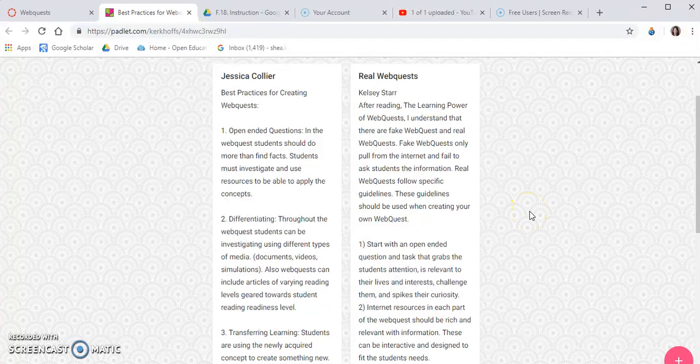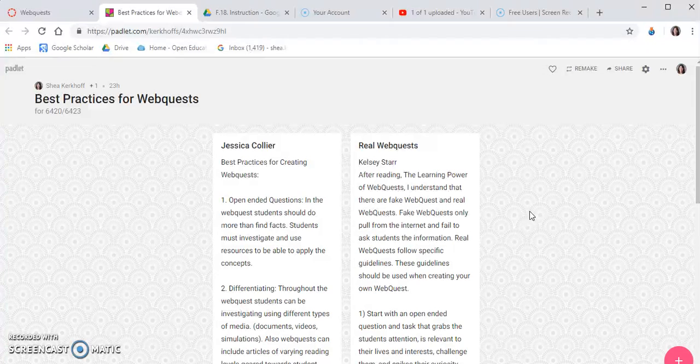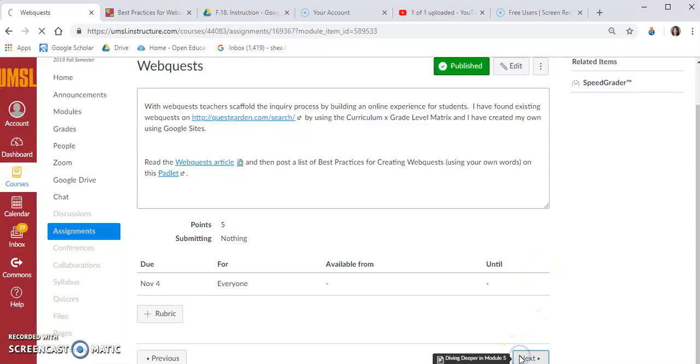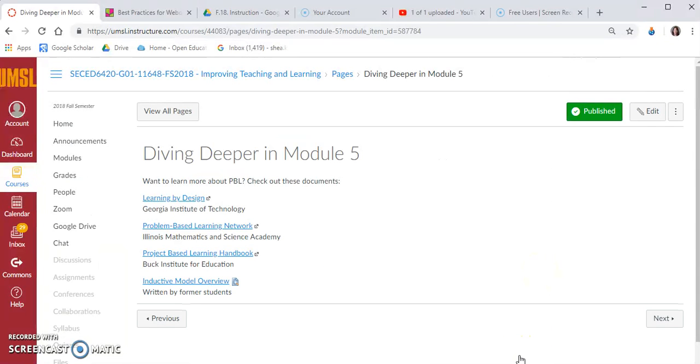Like, what does this look like in your discipline? So combine your reading from your first discussion post and like how Kelsey did extra research, which was amazing, and combining that to show what a real web quest would look like. Okay, so that's due on November 4th. And then here are some more,